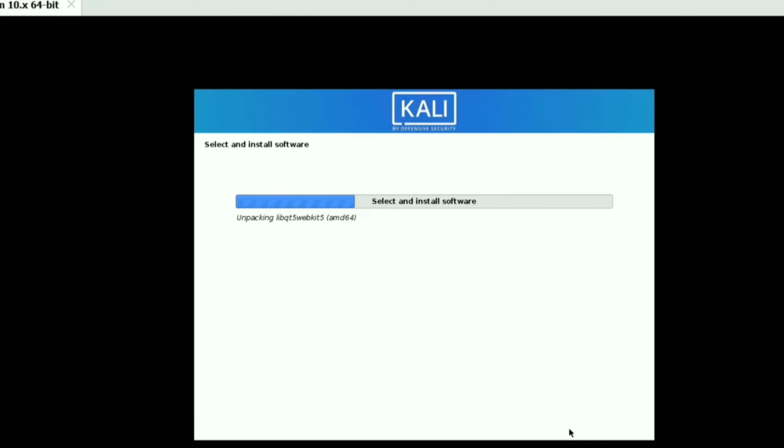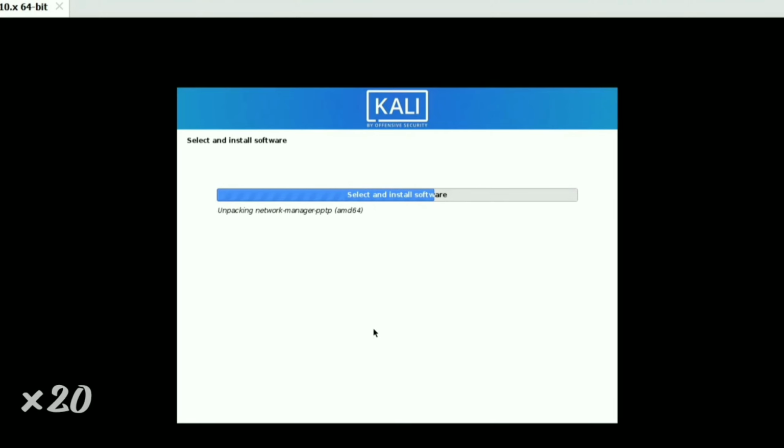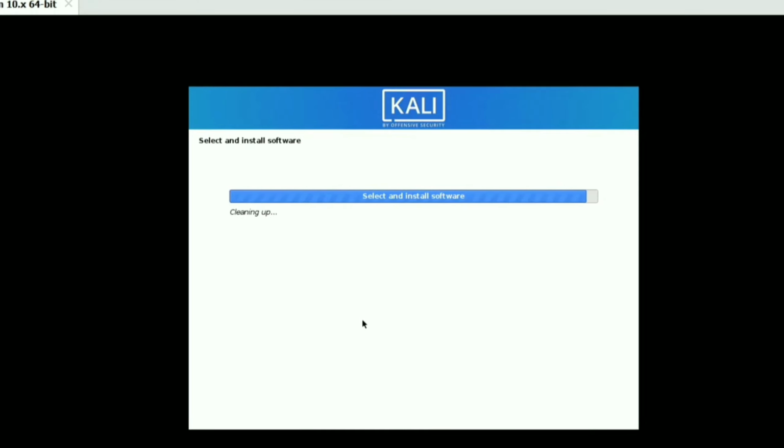Now this step takes a lot of time, so just be patient. So now this step is about to finish. Installing GRUB bootloader.